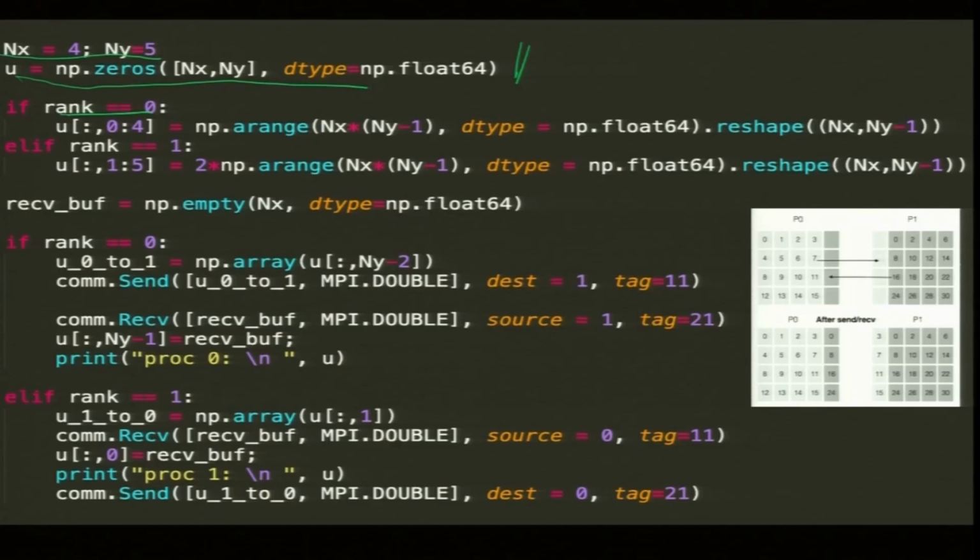I want to create 0 to 15. So, I make a range function, and this will create nx into ny minus 1. What is ny minus 1? For this example it is 4, right, 5 minus 1, 4. 4 into 4 is 16. So, this is going to create a 1D array of 0 to 15, but I do not want a 1D array, I want a 2D array, 4 by 4. First I create 4 by 4, I am not creating 4 by 5. So, I use the function called reshape.